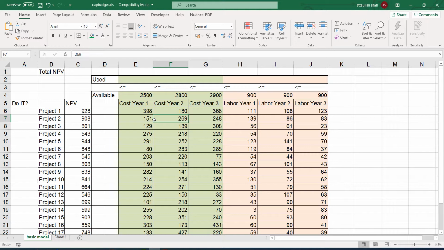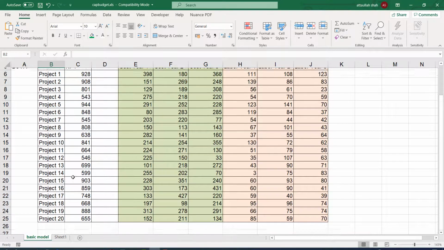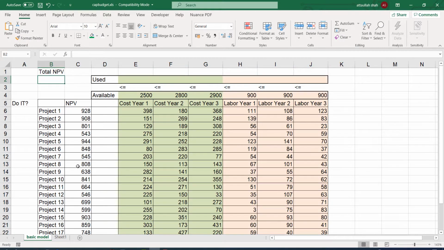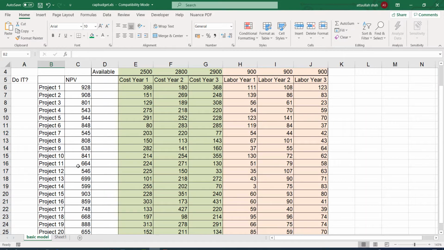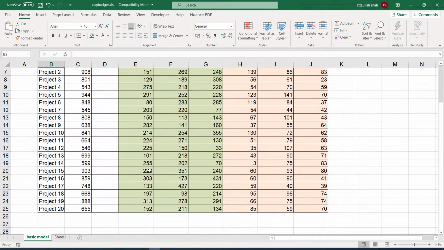Now, what is required in this specific problem? The requirement is, number one, we have to select projects that maximize the total net present value. So if we calculate NPV here in this cell, we should come up with those projects out of these 20 that have a maximum NPV. If we had unlimited budget, then we would have selected all of these 20 projects.